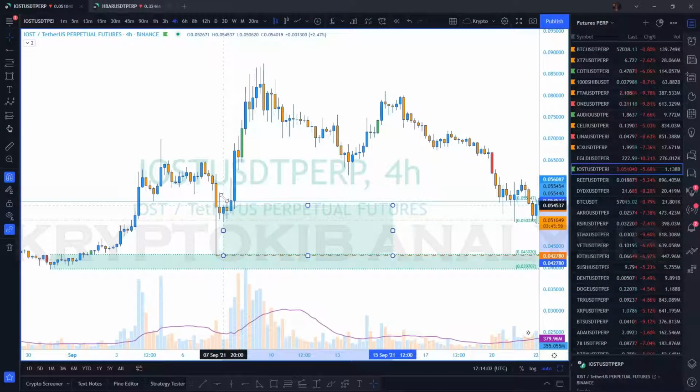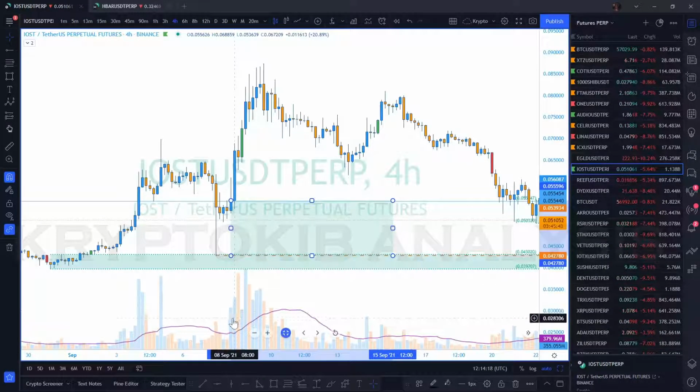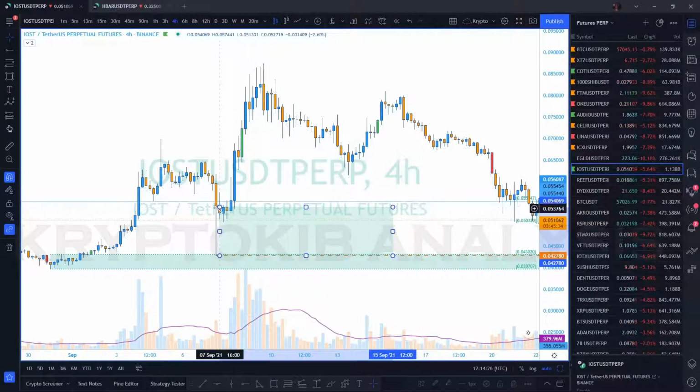But some people will choose to draw from the origin of the move away. This happens to be a strong move away. It was this move that broke above the range, or let me say the consolidation, and that happened with above average volume. We can choose to extend this. Some people can also draw from this very high here, which is the high of the consolidation itself, to these very lows. But that shouldn't be a worry for now,